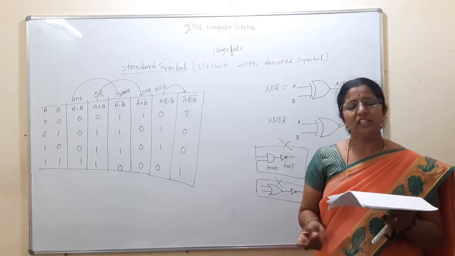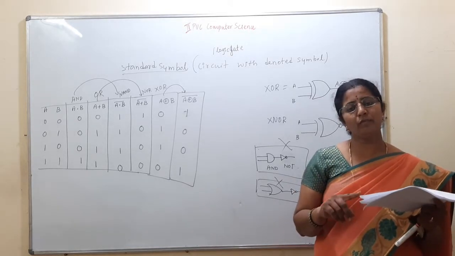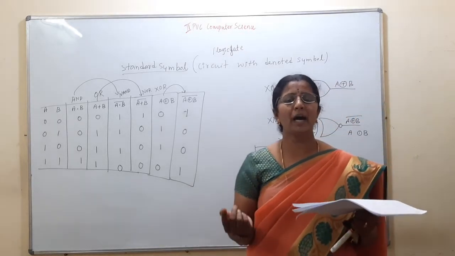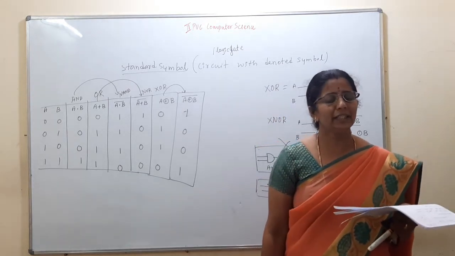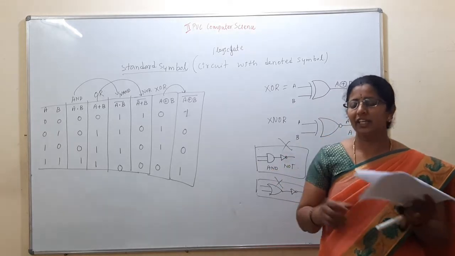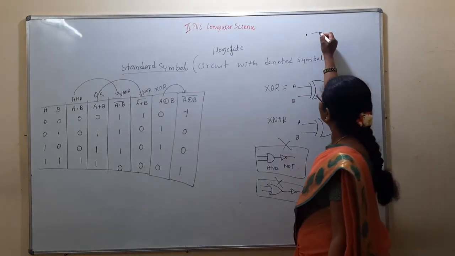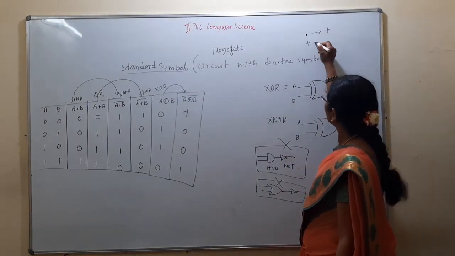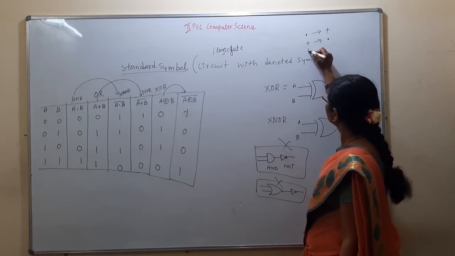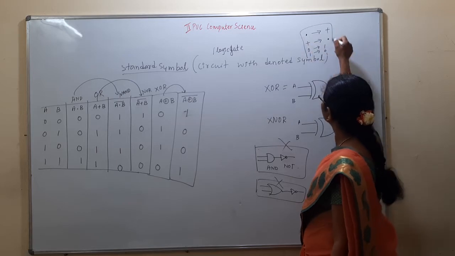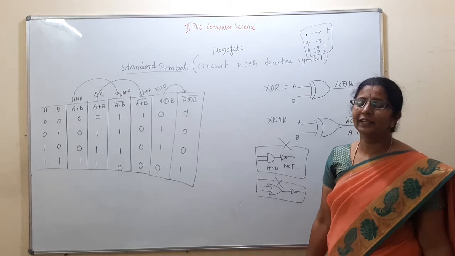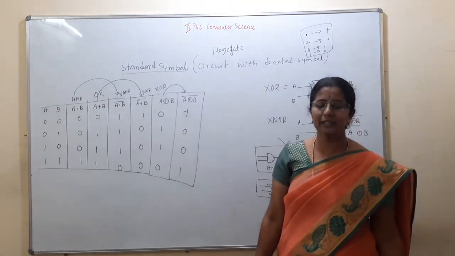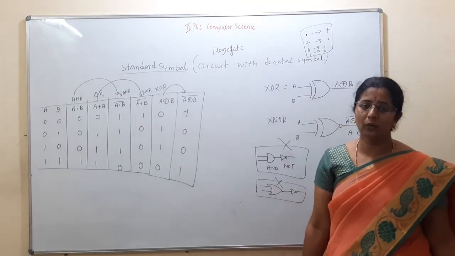What is duality? Changing the given expression from one form to another form by applying the duality principles is called duality theorem. First point, changing the AND sign to OR sign, OR sign to AND sign, then changing 0 to 1 and 1 to 0. This you should write in the sentence format. AND sign to OR sign, OR sign to AND sign, then 0 to 1 and 1 to 0.